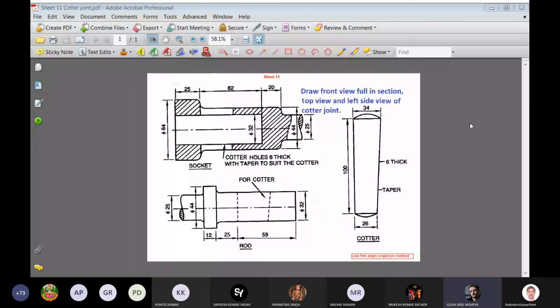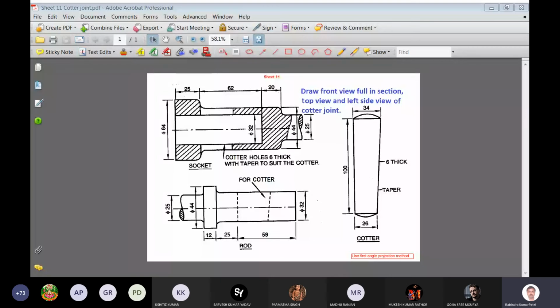Okay, sir. Sir, this quarter can be rectangular shape or is taper a must, sir? Yes, taper should be there. It is intentionally provided so that we can get tightening with the slots which are available in the socket and the rod.